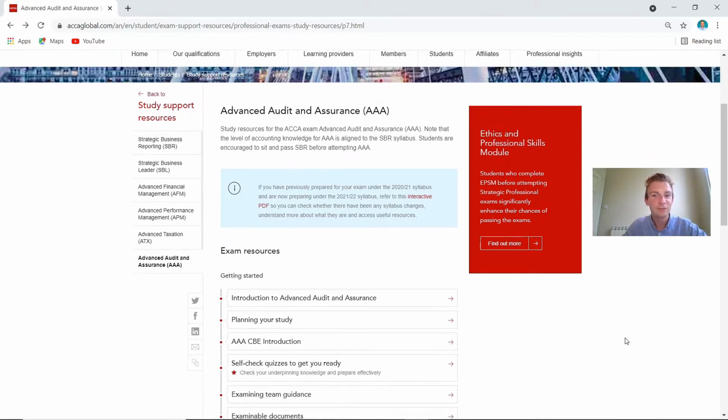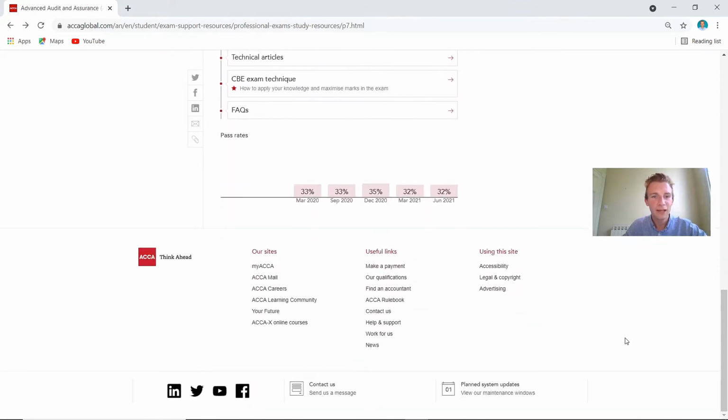The first thing that we definitely have to touch on, if you go all the way down to the bottom, which does get missed off sometimes, is the actual pass rates for this exam. This is really important, especially if you're just looking at this module for the first time. Maybe you had Audit and Assurance, the actual F8 paper, a few years ago. It's important that you understand that give or take 1 in 3 students will pass this exam. For the June 2021 paper, it's got a 32% pass rate. So for every 100 students that did the exam, only 32 passed it. And it's usually one of the lowest of the ACCA exams.